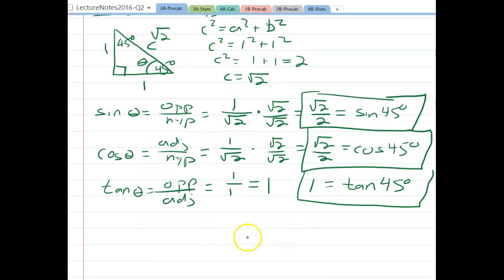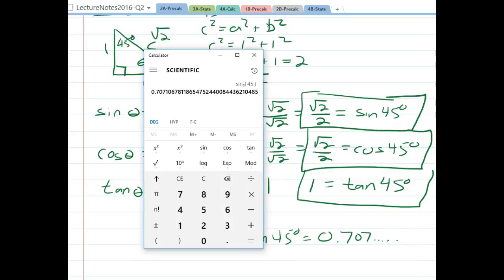So sine of 45, according to the calculator, is an irrational number that looks something like this. But if I wanted to get the exact value, what I can do with my answer displayed right here, if I hit square, which is right here, you'll notice that it gives me an answer of 0.5. So what that means then is that